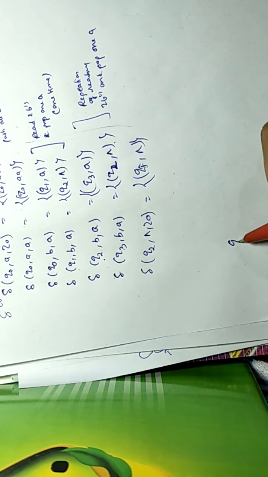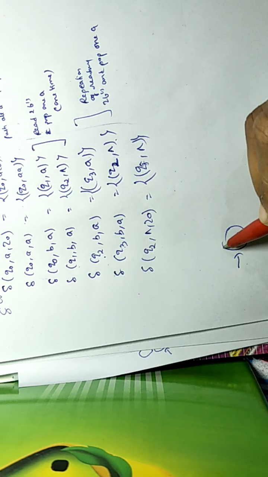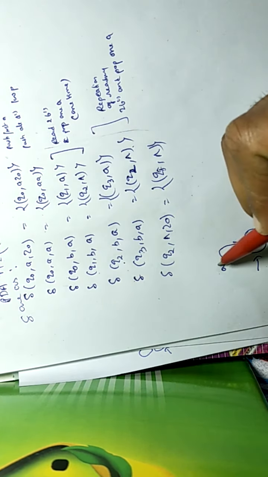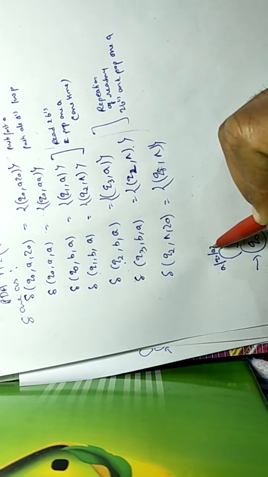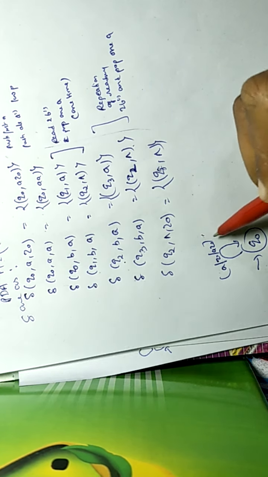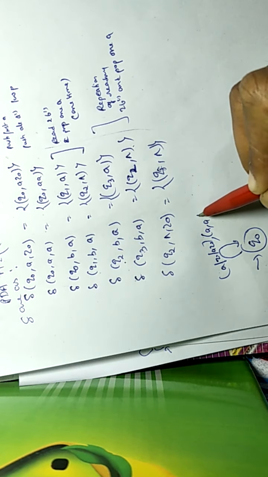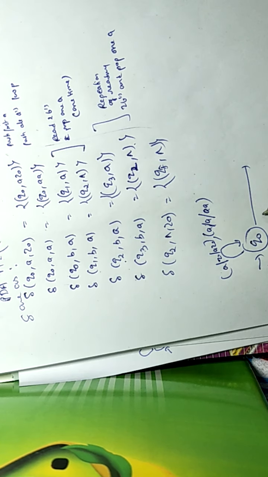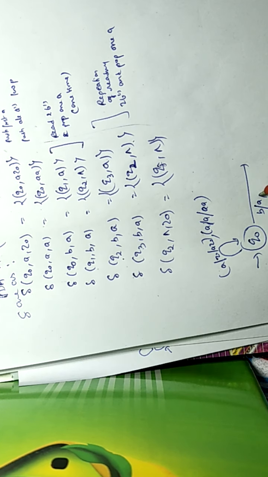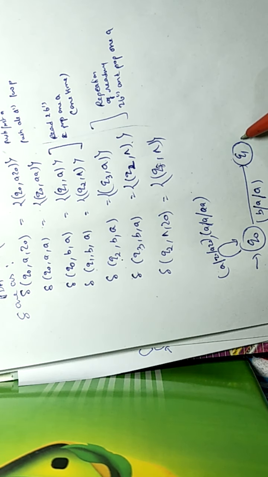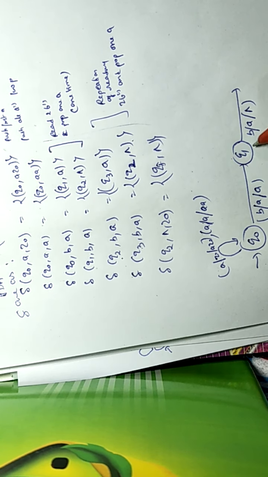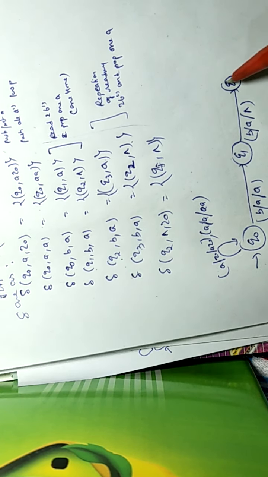Here is the start state Q0, reading first A and moving to Q0 again, A Z0 here. Now pushing all A's into the stack here. Now reading first B and doing nothing here, moving to Q1. Now reading second B and we are popping 1 A here and moving to Q2.